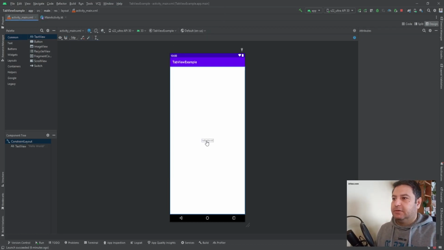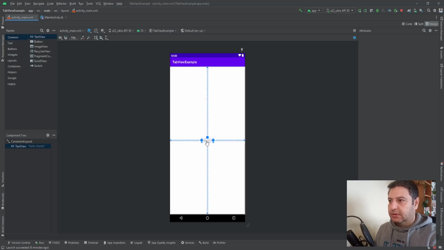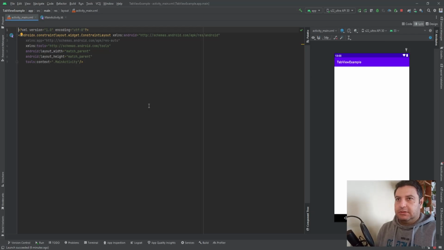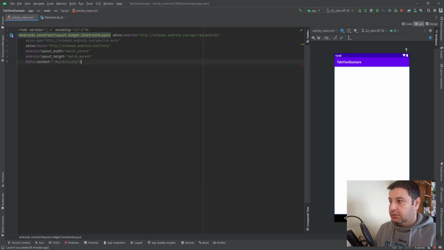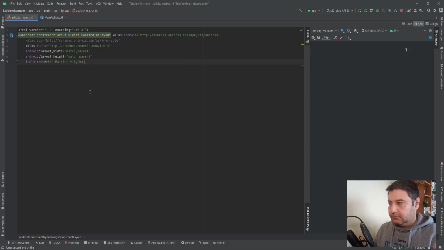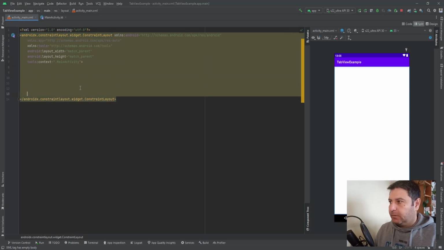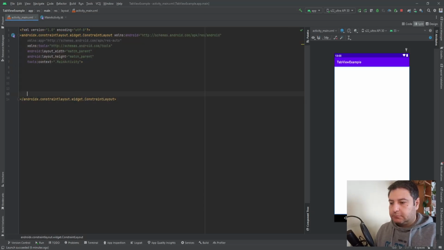Here in the main activity, I don't need this text view. I'm going to delete it. I'm going to split the page. Okay, here first of all, on the top I need this tab view, so